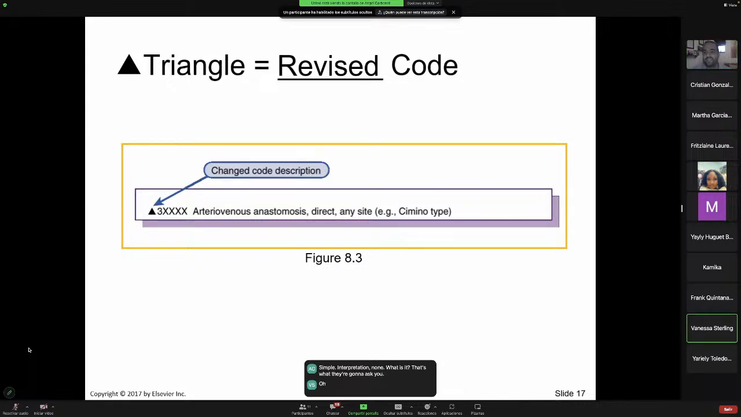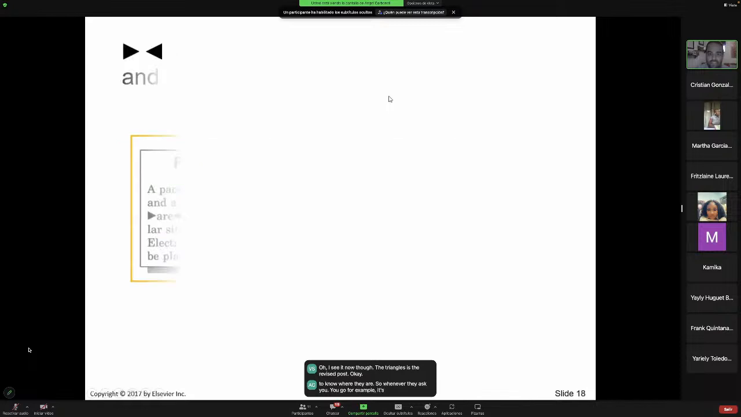Oh, I see it now. There you go. The triangle, that's it. The circle is the revised code. Yep, that's it. Okay. So what I want you to know is where they are. So whenever they ask you, you go. For example, let's click here, and then the next one says